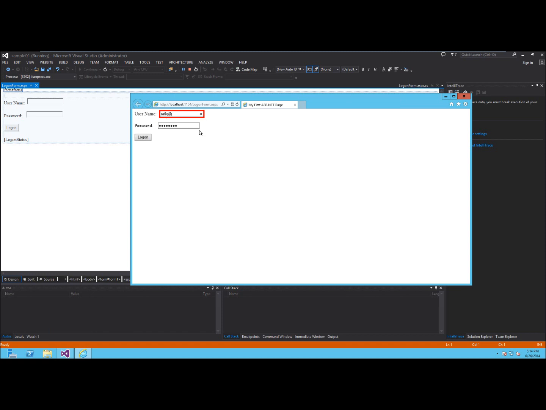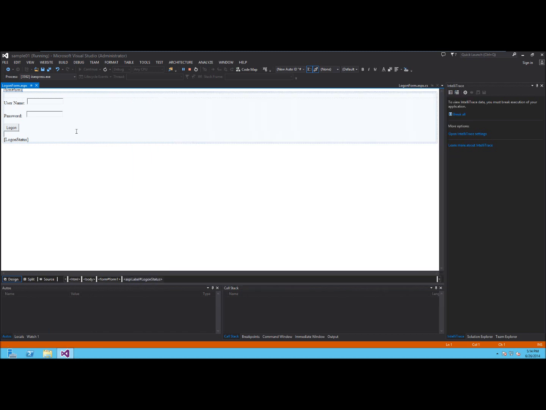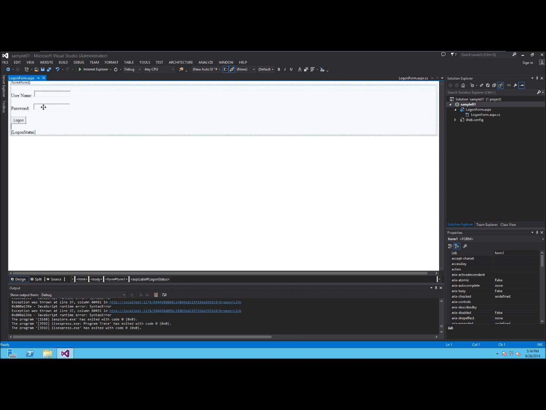So if I put in Rafiq@here.com and I log on, it accepts it. Of course, I haven't done any kind of real code, so this just sits here. And look on top here, I've said my first ASP.NET page. I've got the title up there. I'm going to close that, go back to my code, and